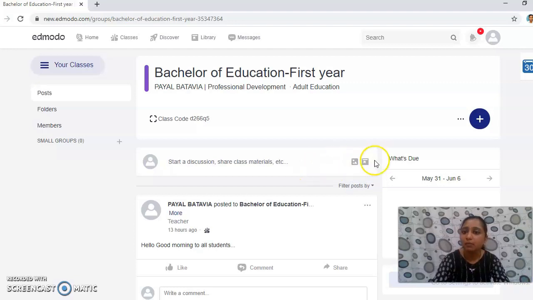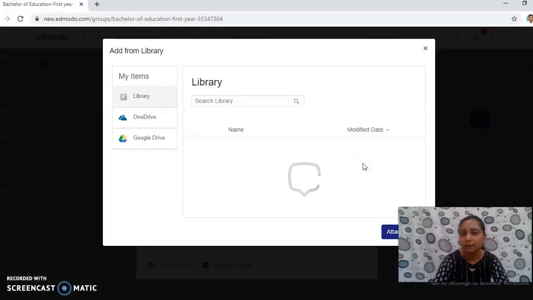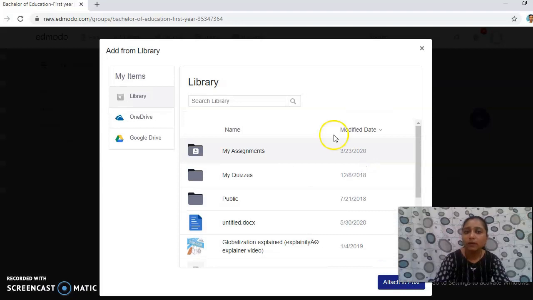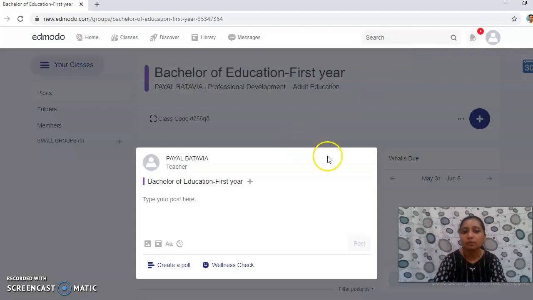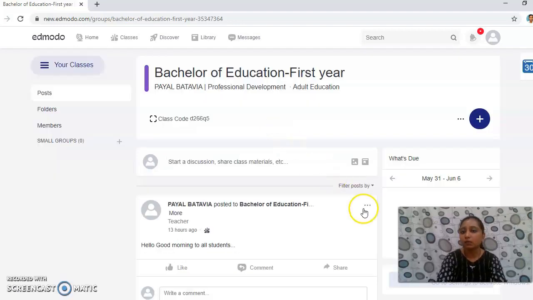But here there is an option, add from the library. Once you click over here, your library will open and whatever documents you have uploaded will automatically be there on their home page. So all the students can check their home page and see.